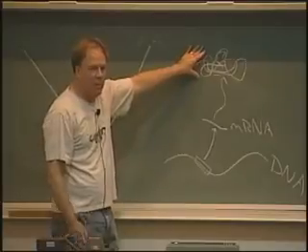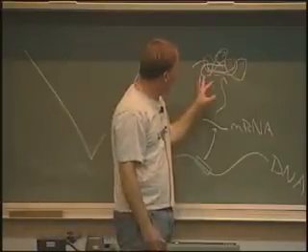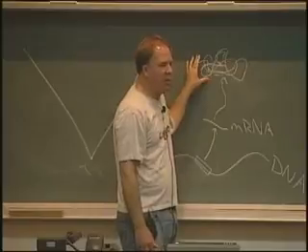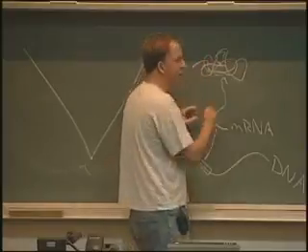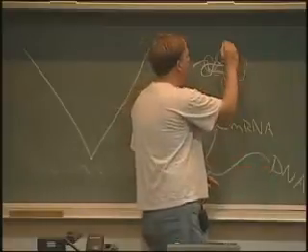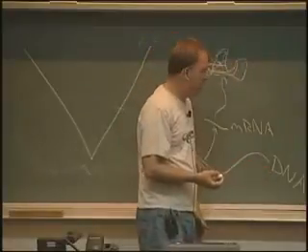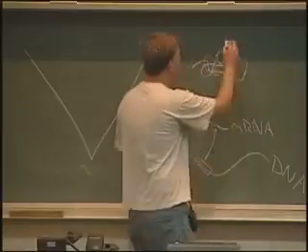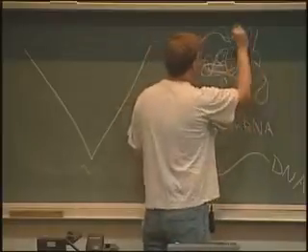Okay, so this is something you get in 1A if you haven't already gotten it. But I want to point out that proteins very rarely work in isolation. It's almost always the case that proteins have to interact with other proteins, that is, proteins that are transcribed and translated from other parts of the genome. So you might have a protein here that has to work with, this is the first time ever where it would be nice to have a different colored chalk, but this is fine. They have to interact with another protein, or maybe even more.